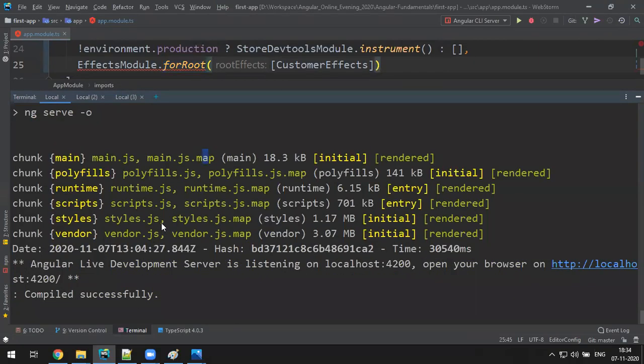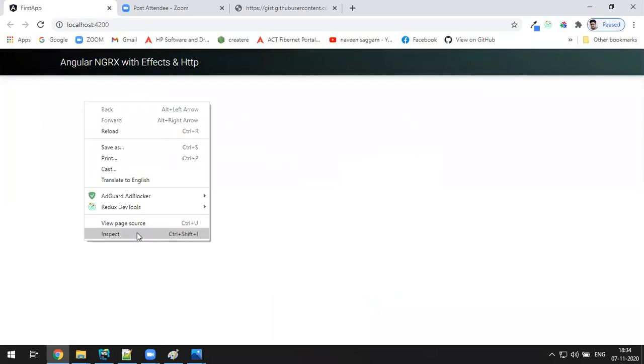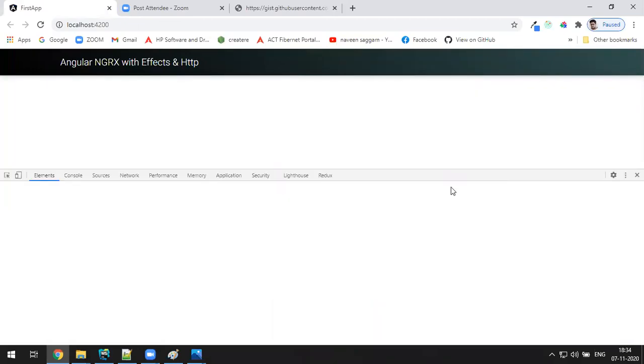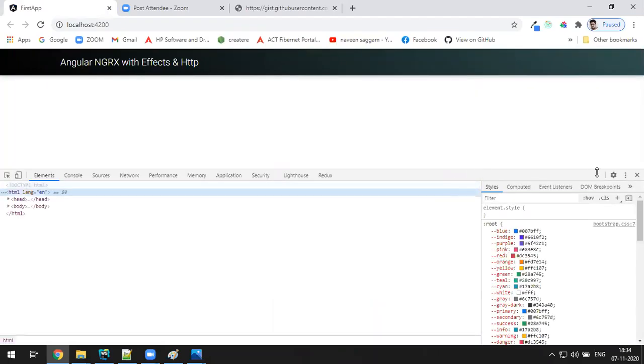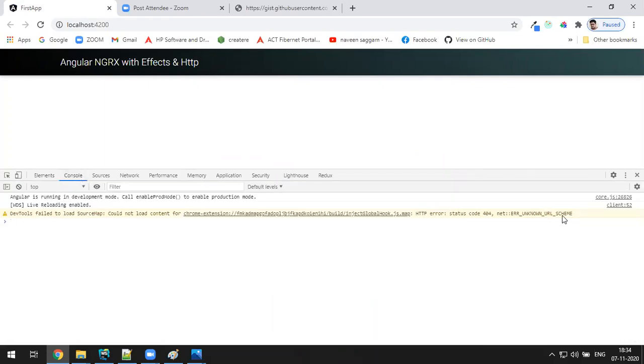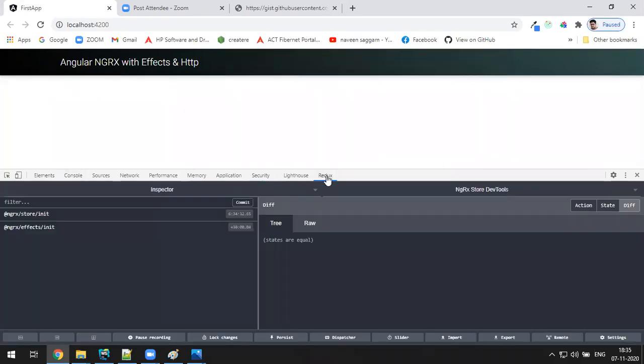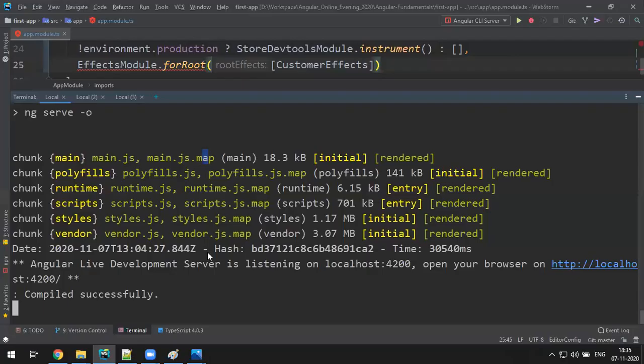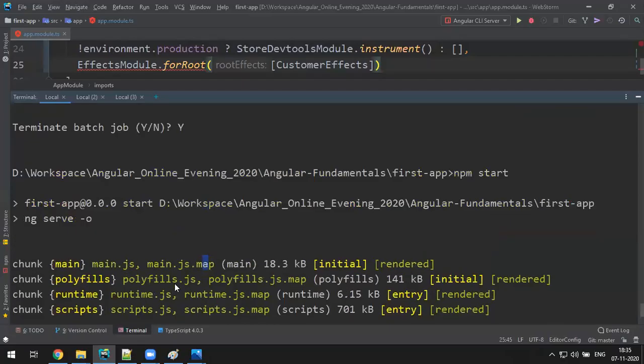See, no error here. And also when you go to Redux, we were getting some error, no? Yeah, see, now no error. The error has gone. See, console window, no error. And if you go to Redux also, see, fx initialized, store also initialized, right? So it clearly says that it has been initialized successfully. There is no error in the console log also, and there is no error in the Angular startup logs